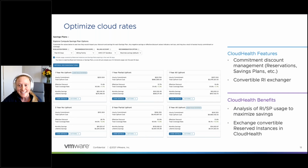But managing these commitment discounts can actually be a lot harder than you think. So we've built some tools to help you make the right choices around which ones to commit to and how much commitment to make. What you see on the screen here is our Compute Savings Plans recommendation engine. And what this will do is give you a side-by-side comparison of all 6 of the compute savings plans options that are available from AWS, depending on your commitment length and how much money you're willing to pay upfront. So you can do no upfront, partial upfront, or all upfront, and you can do 1-year or 3-year commitments with